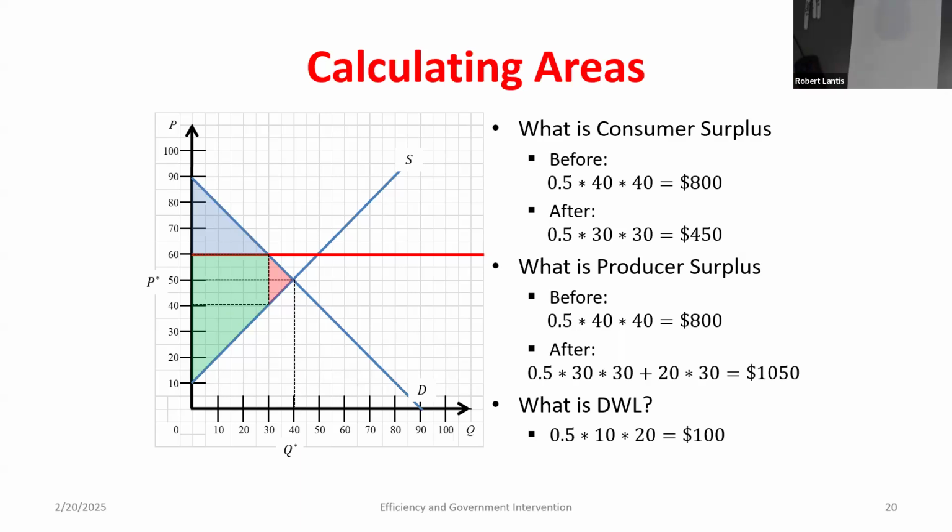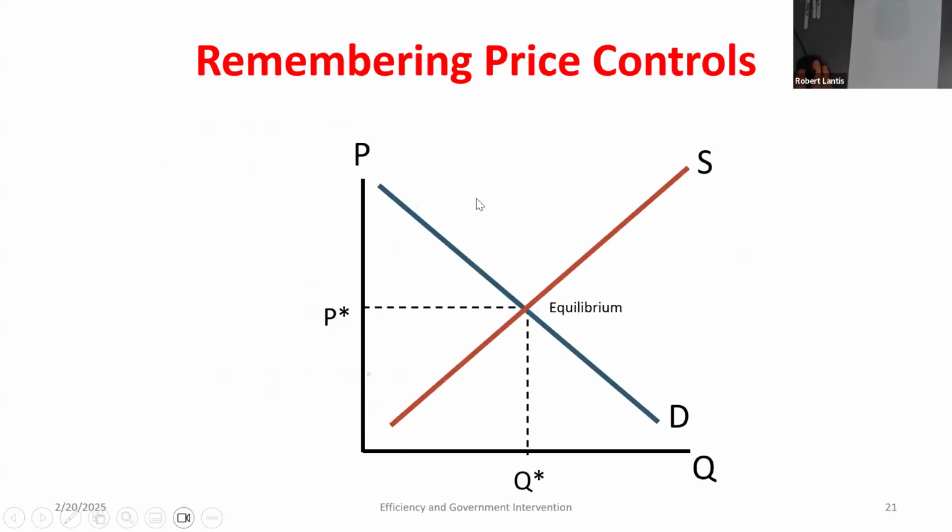So, politically, which one do you think is probably used more often? Well, it depends, right? It's an election year. Which one of these do I want to use? Well, this one helps producers. They're probably going to use price ceilings to help the consumers out because they vote. In off election years, who gives me money behind the scenes? You know, if I'm being cynical. Large companies. So what am I probably doing in non-election years? Using price floors. So when you think about these things having similar effects, we can analyze them.